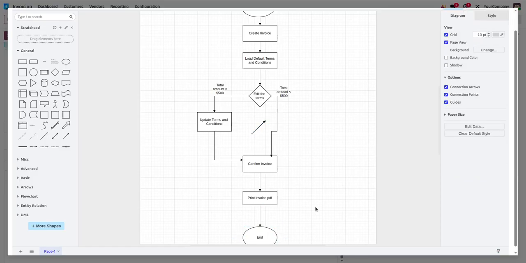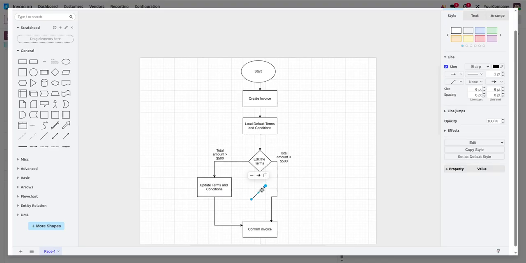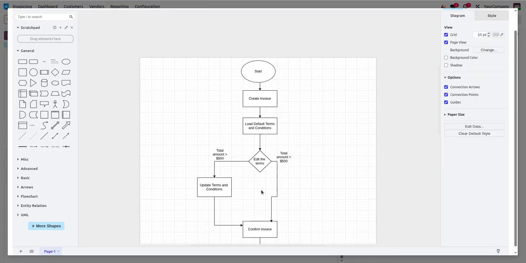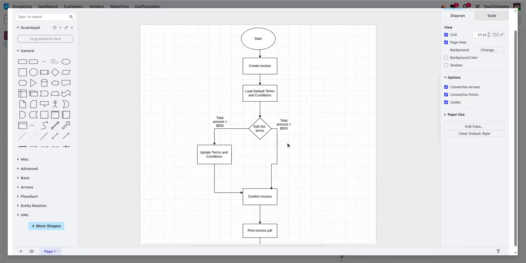So I have created this flow for the terms and conditions added in the invoice. If you create an invoice, first you will load the default terms and conditions which you have set, then there will be two cases. If the total amount is greater than $500, then you will update the terms and conditions and then you